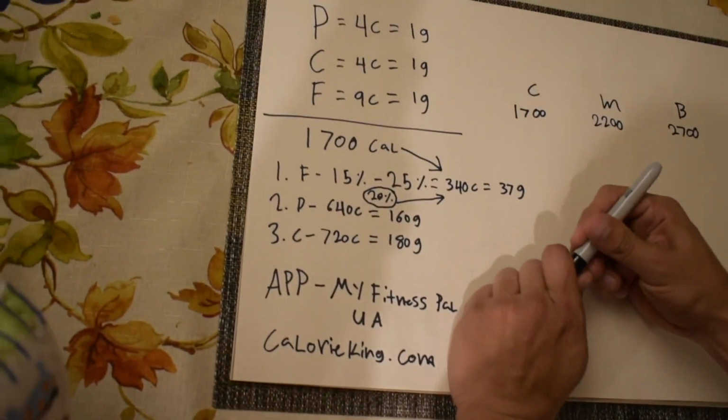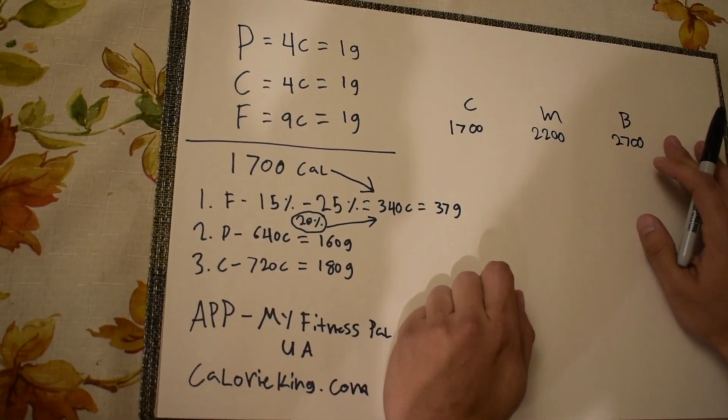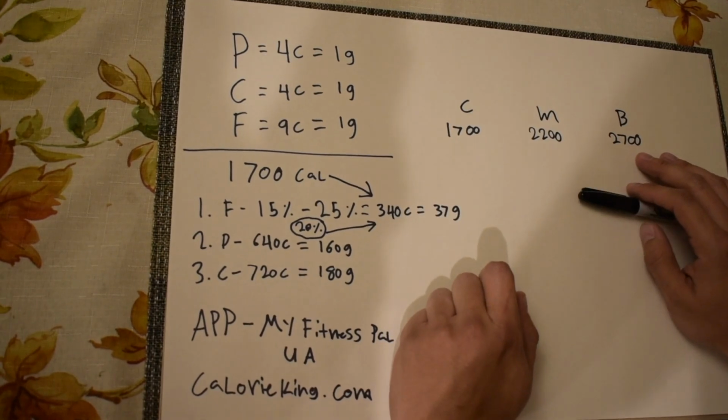Now, how did I figure out these numbers? Like you're wondering, well, where did you even get these numbers? There's two ways of doing it. One is the hardest, but the most precise. There's two things you will need when you are dieting. One is a food scale, and two is a body scale, because you will be